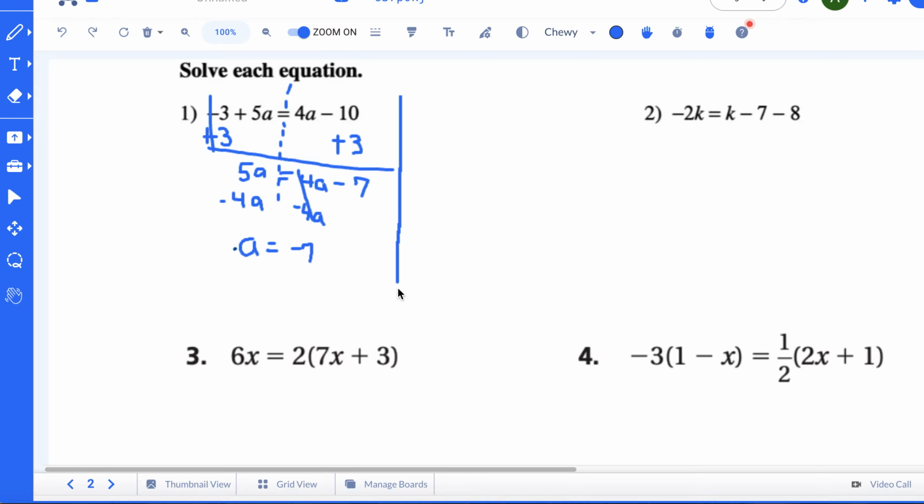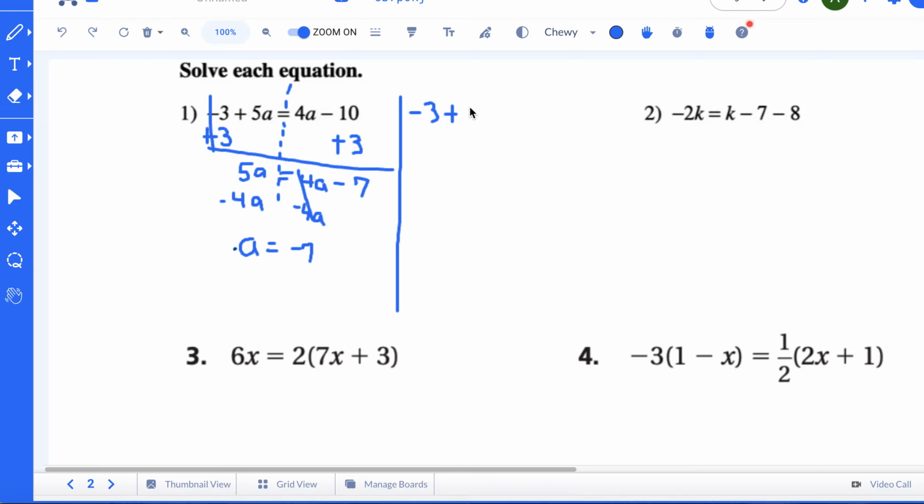Now, to make sure that you did everything correctly, it's a good idea to always check your answer, especially when you're taking the test. When you check your answer, you substitute the value of a, which is negative 7, into the original equation, and you should get an equivalent answer. So let's rewrite the equation. Negative 3